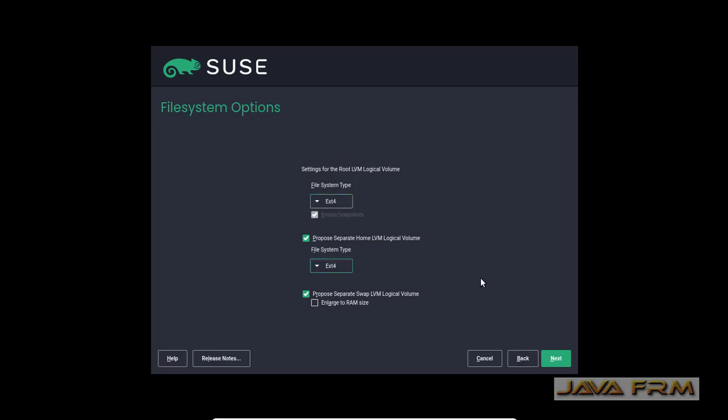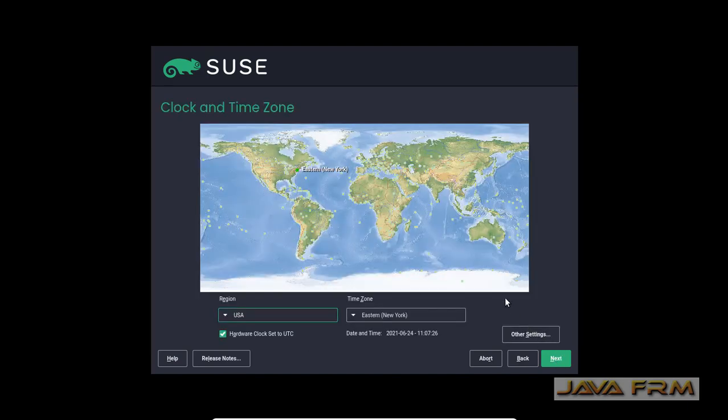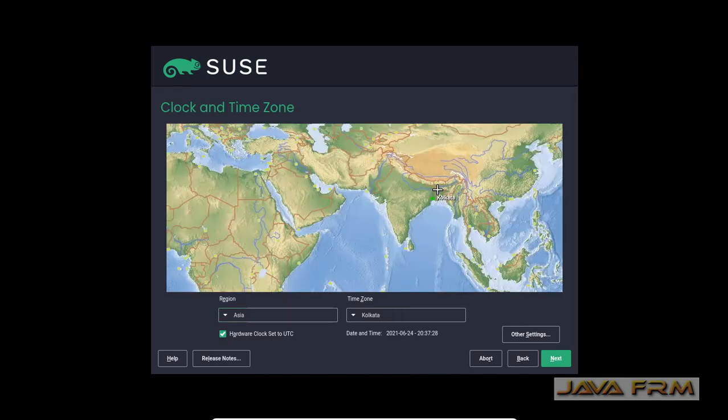If you want to choose any other file system like XFS or BTRFS, it's your wish. You can see that the hard disk is configured for logical volume management. These are the partitions we are going to configure with guided setup.